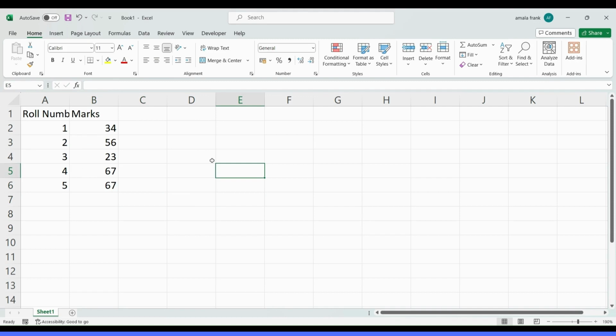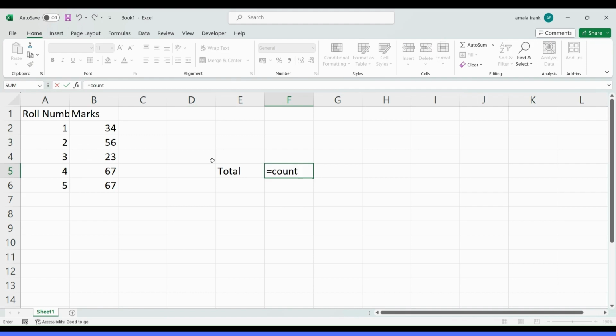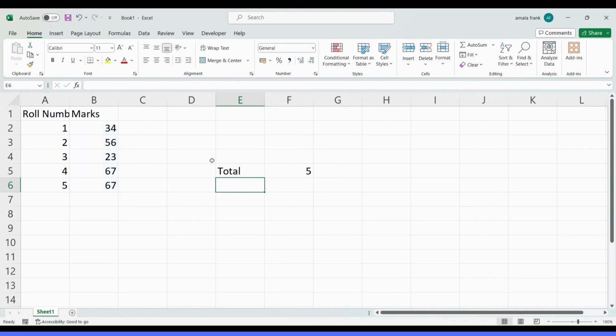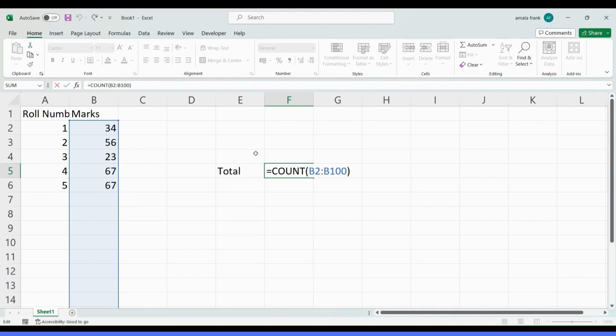Suppose you want to count the total number of students available in the class, you can use this function. Equal sign, you can write COUNT, and use P2 colon P100. When you do this, it immediately tells you how many marks are available, the total number of students. So this is the way you can use the count function, which will help you count only